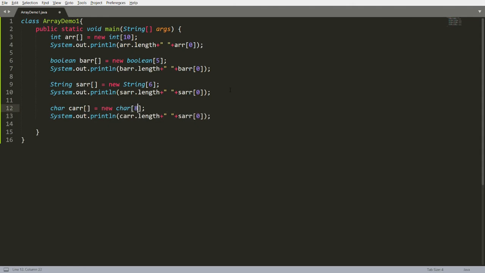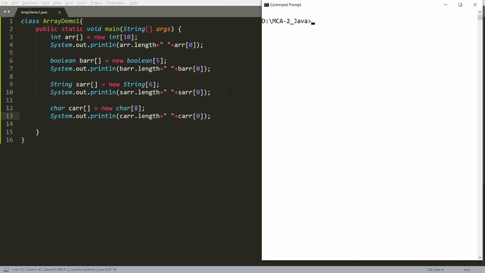For example, the length is total 8 characters I want to store. And what is the default value of the character? Whenever you compile and run this, you will get the default value is blank, you can say space. So if it is a character, then the default value is blank.